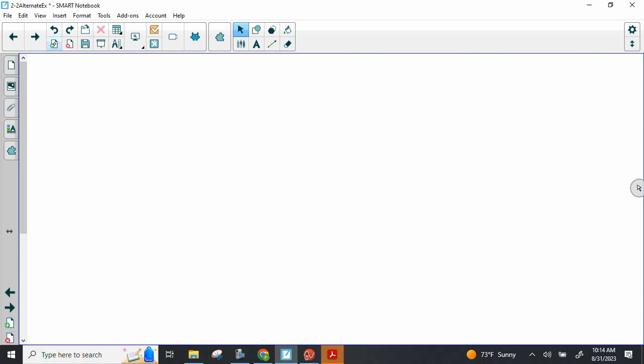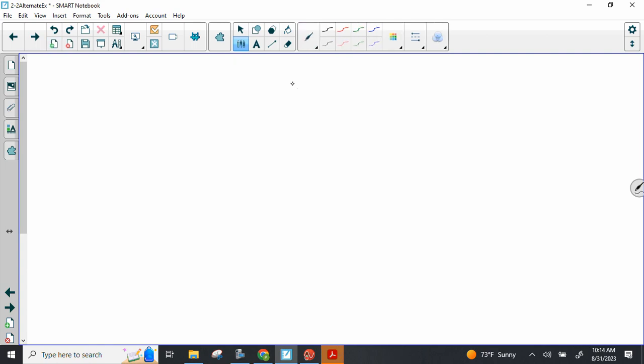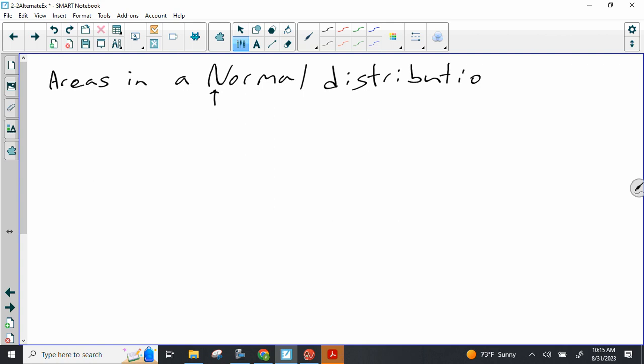So, areas in a normal distribution. By the way, this is always capitalized. It is a proper noun. Kind of weird. It's a specific distribution. Yeah, it's a proper noun. With